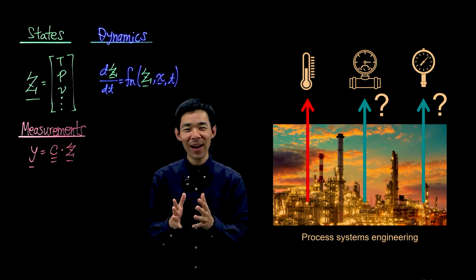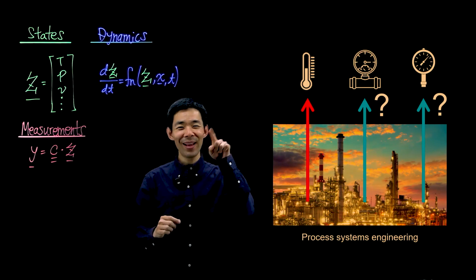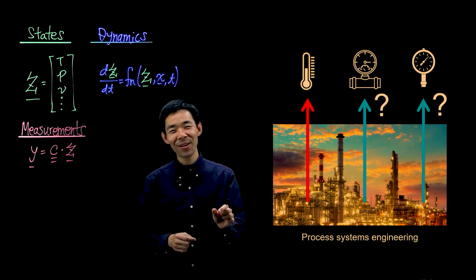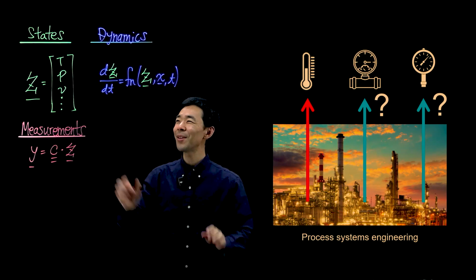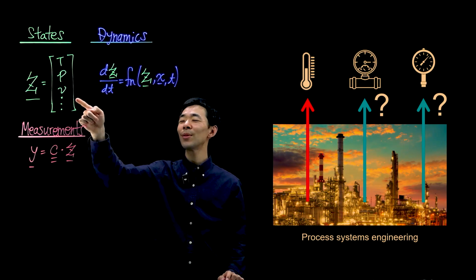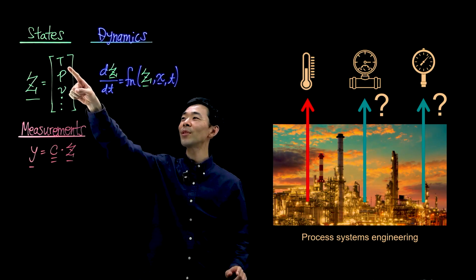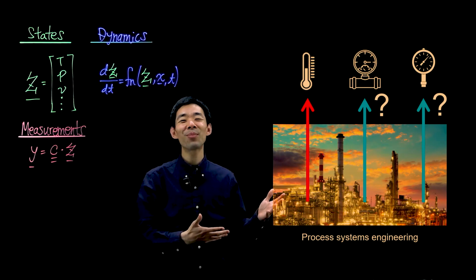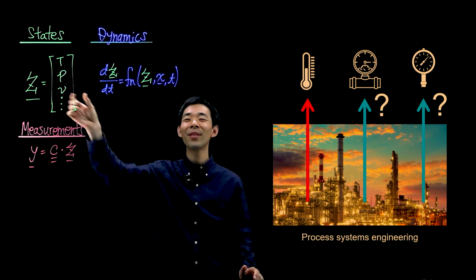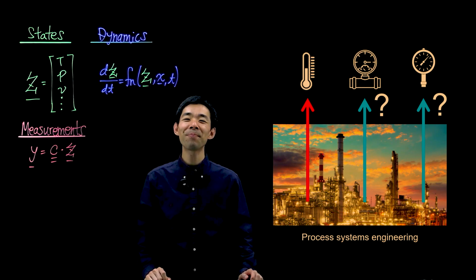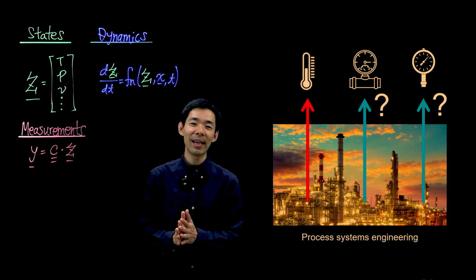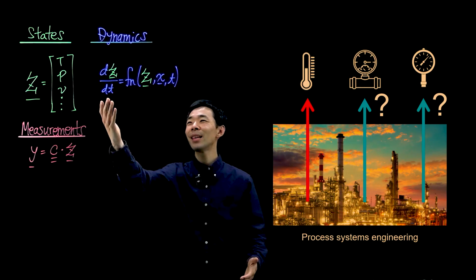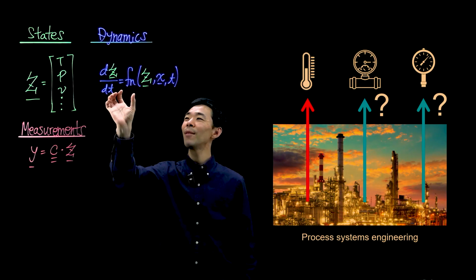The state vector, z, the fancy script z that I've written here, with an underline, which means it's a vector. This state vector contains all of the variables inside your system. For example, temperature, pressure, flow rate, etc. Might be concentration of your products. Right? There's a list of all of the variables inside of your system that you would like access to in an ideal world. The dynamics of your system can be written in the following way, where we have some time